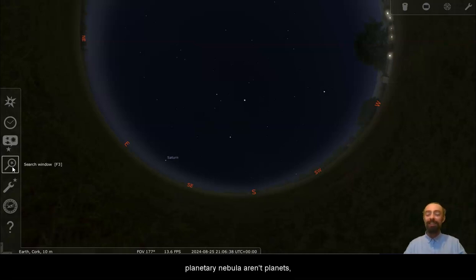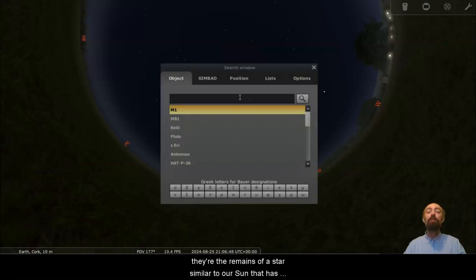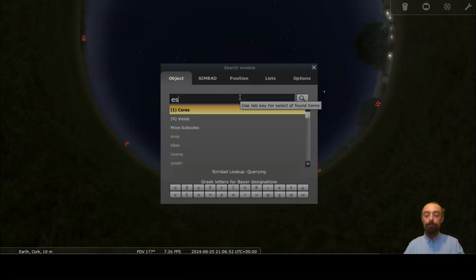Planetary nebula aren't planets. What they are is the remains of a star. They're the remains of a star similar to our sun that has blown up. Any star that's too big,